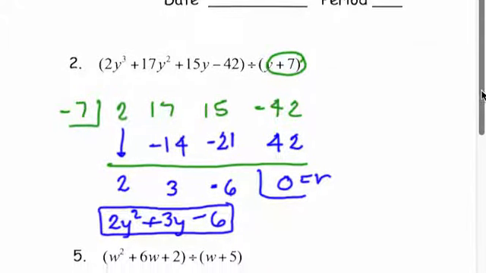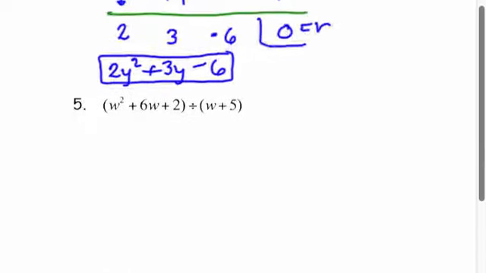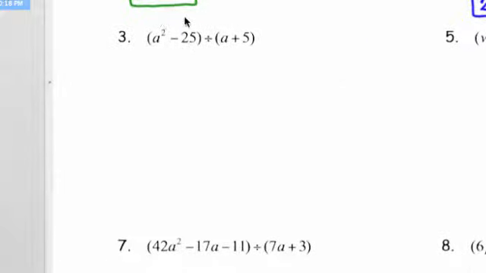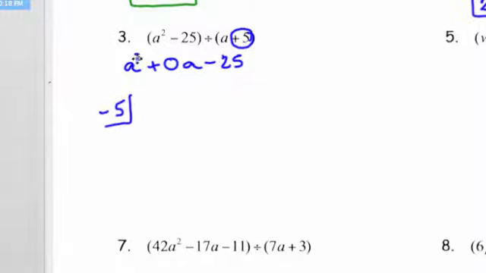All right. Now, just like yesterday's, this is the example where we're missing some terms. So what we're going to do is first rewrite our dividend. So this is going to look like a squared. We're missing our a's, so we're going to use a placeholder of 0a minus 25. Okay, then let's set it up, make our half box. The opposite of the second term is negative 5. I'm going to write down my coefficients, 1, 0, minus 25,